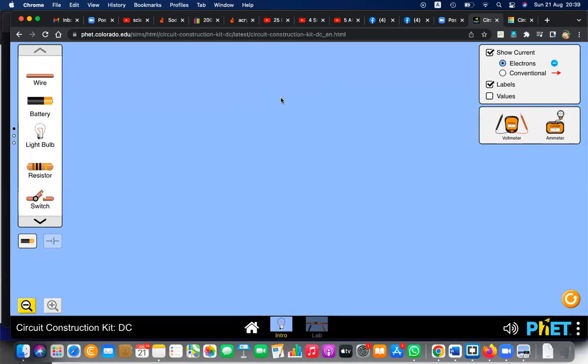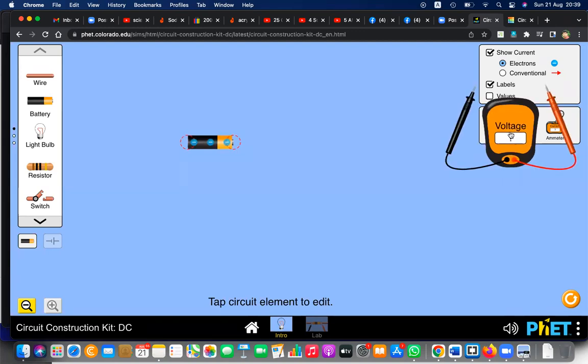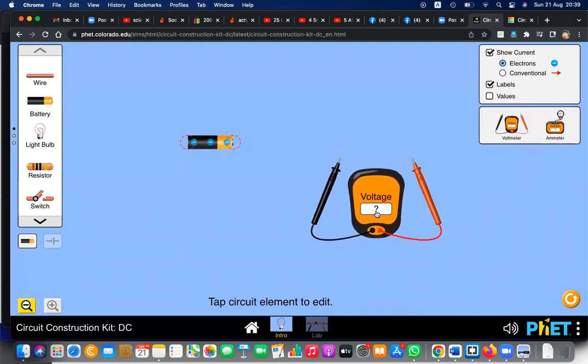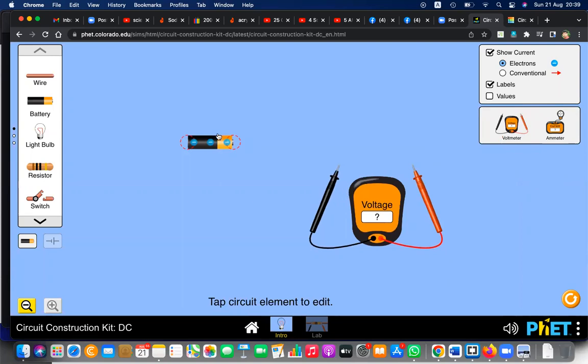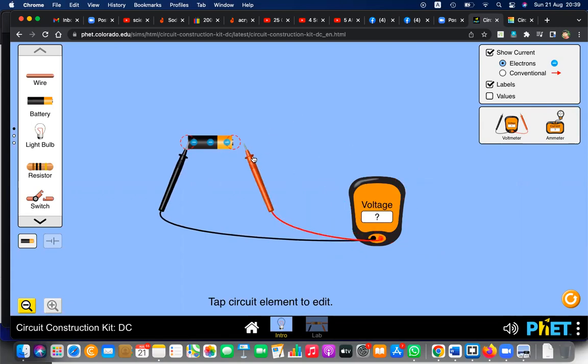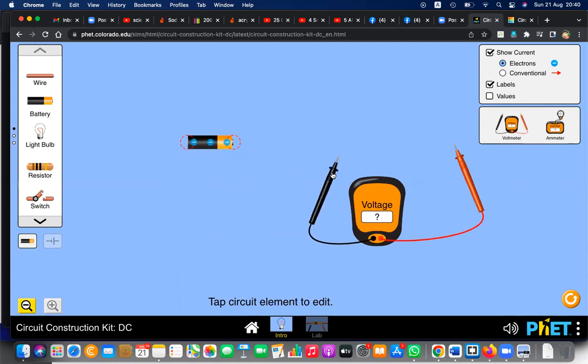Okay, so we need to know about the battery. You can measure the battery voltage using a voltmeter. So if you touch the negative side and positive side, you can measure the voltage. Actually, this is a 9-volt battery. So a voltmeter is used to measure the voltage. At the same time, there's something called an ammeter or milliammeter. So that can be used to measure the